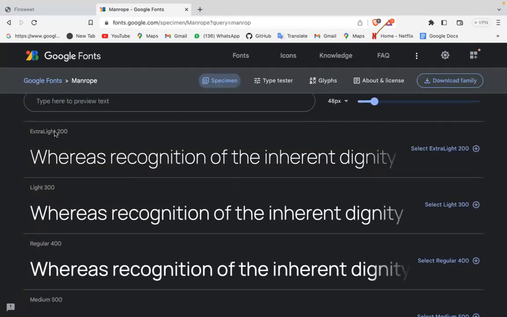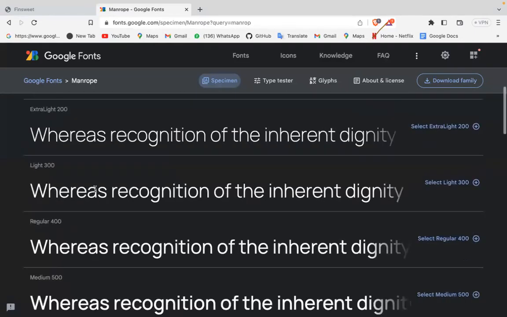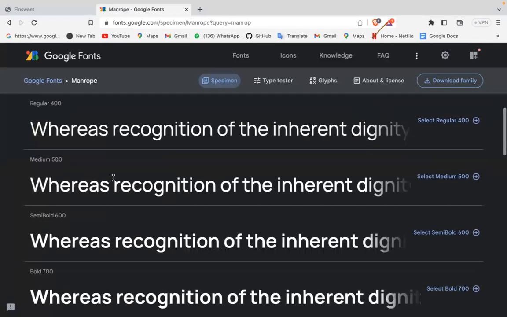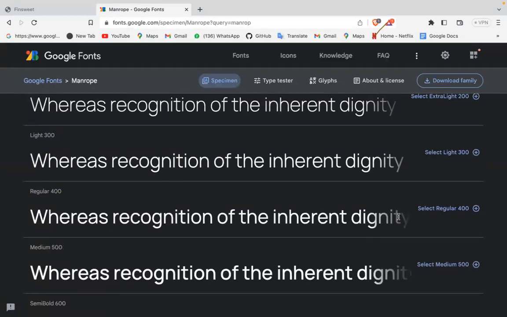So now we have font extra light, we have font light, we have font regular. All of these work when you are giving font weight. In CSS, that's how you provide font weight to your text just to make it thicker. So if, for example, you give this particular text a font weight of 400, and you're using this font, and you added this regular 400 to your selection when you are selecting your font,